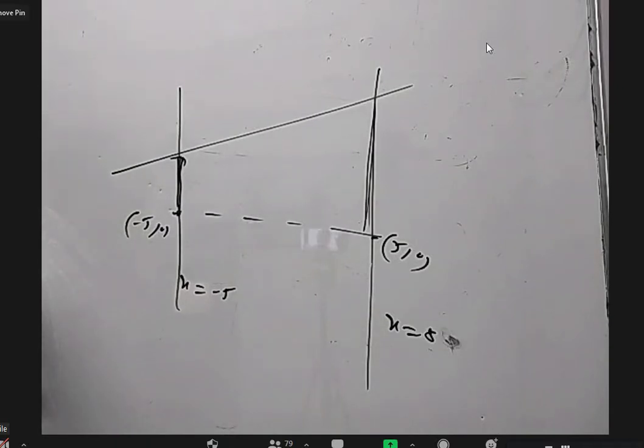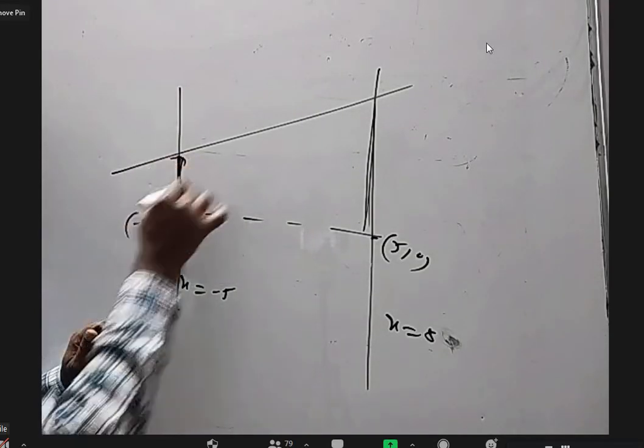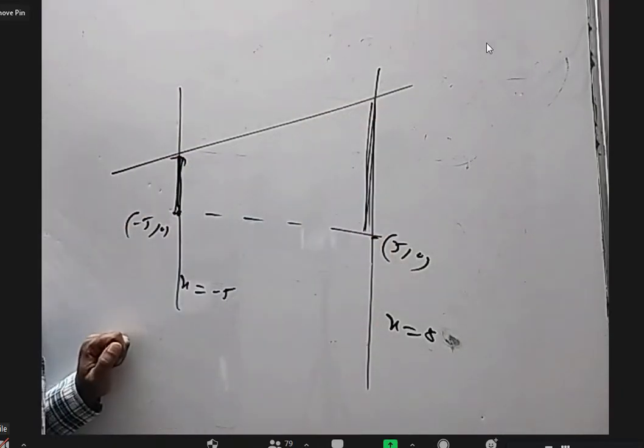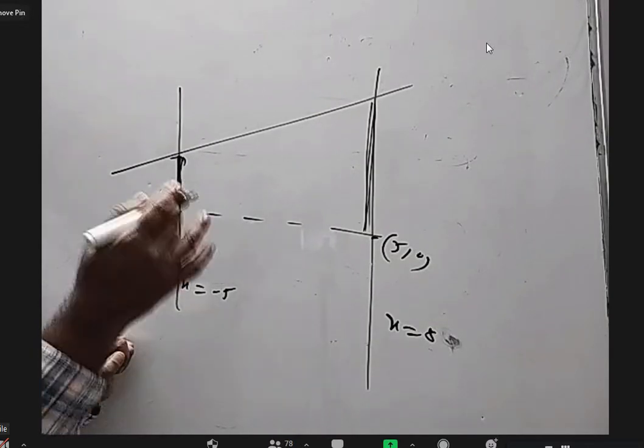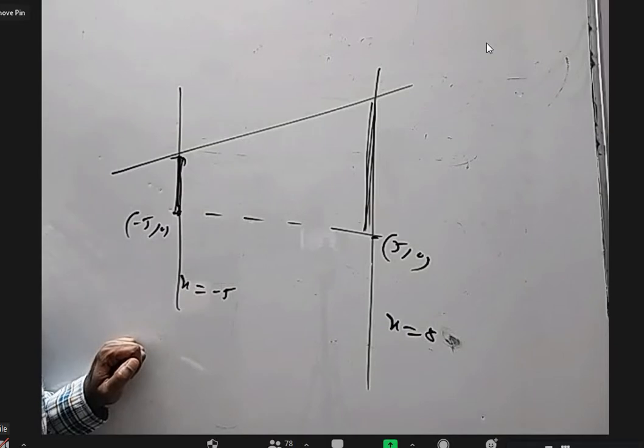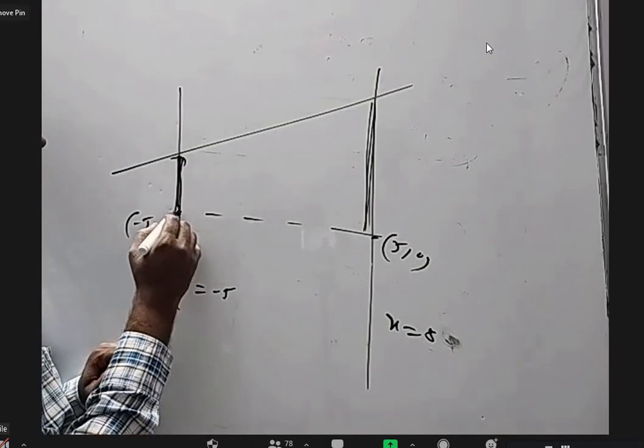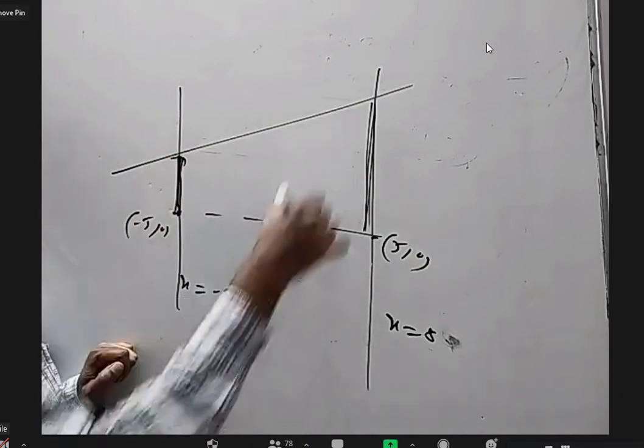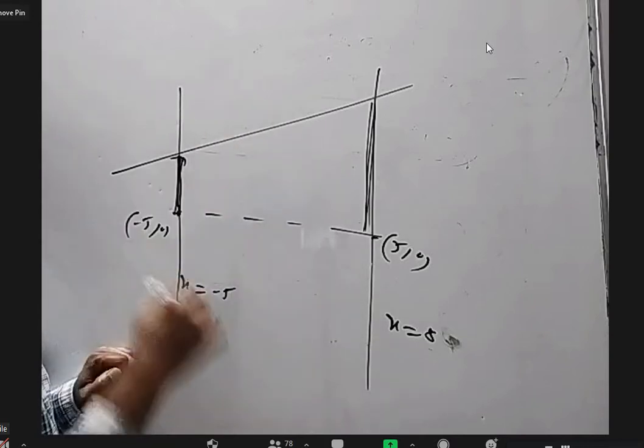Ellipse. Circle. It is an ellipse or a circle depending on what the product is. Okay. If I say this height into this height is 25, it is a circle. If I take anything less than 25, then it will be a horizontal ellipse. If I tell this product is more than 25, it will be a vertical ellipse because